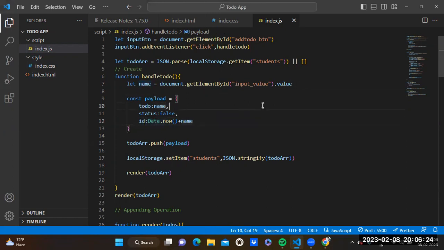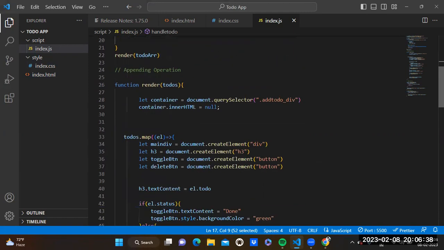And now we want an array of objects, so we create an array, push this object into the array, and store these things into local storage,